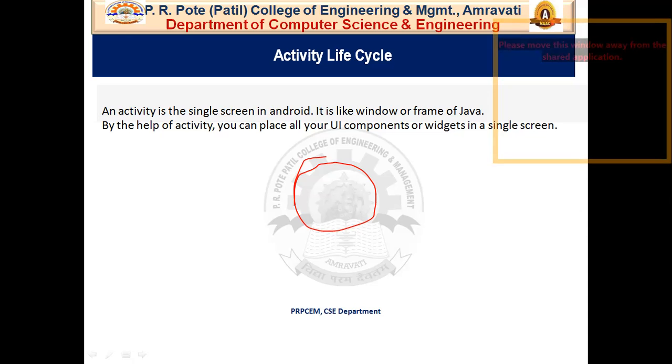So an activity is nothing but a user interaction for an Android application. All the things like clicking on a button, playing some music, or sending some SMS are done in our Java classes. These Java classes, we call them activities.